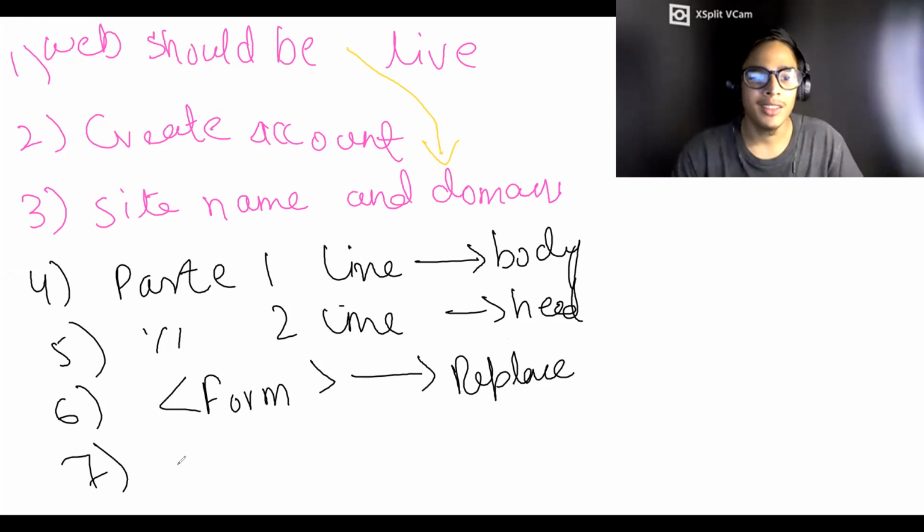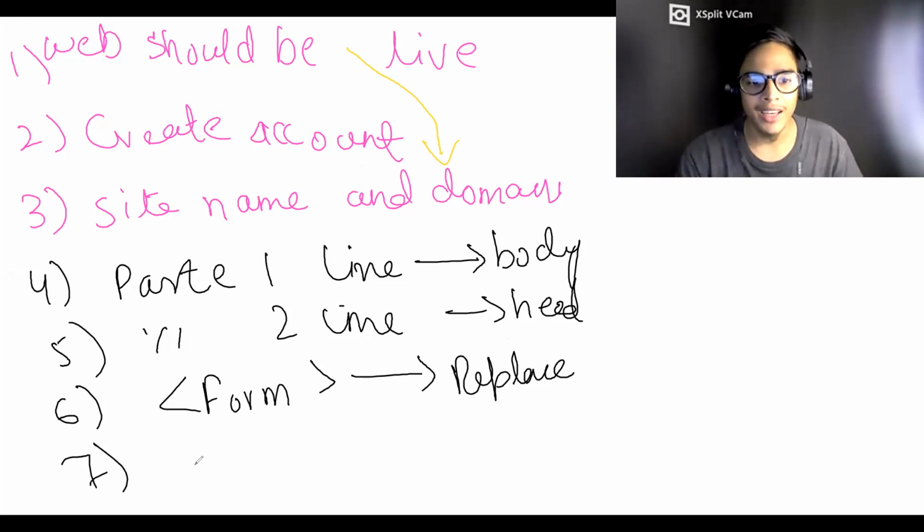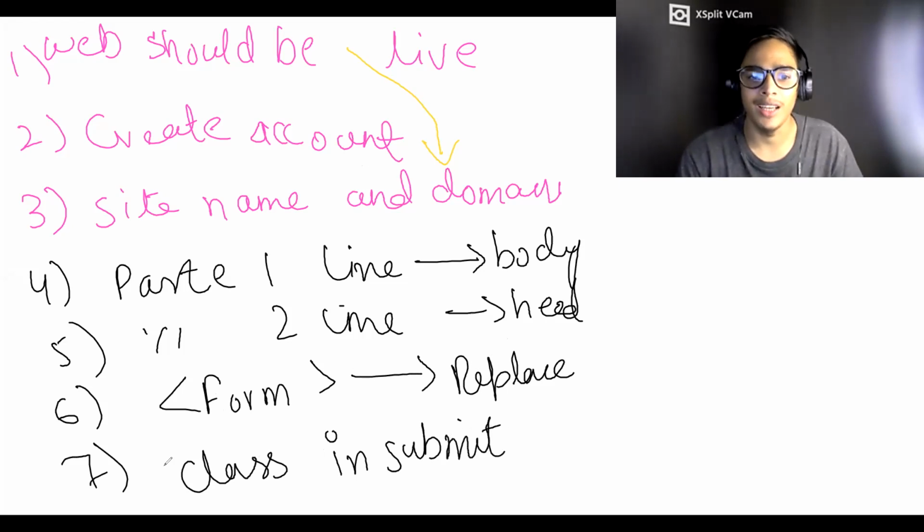Number 7, keep everything as it is. Just add a class in the submit button. Wherever your submit button is, you need to add the class.